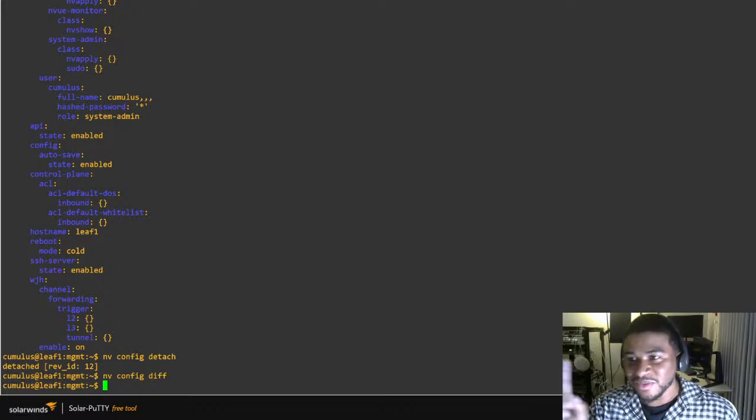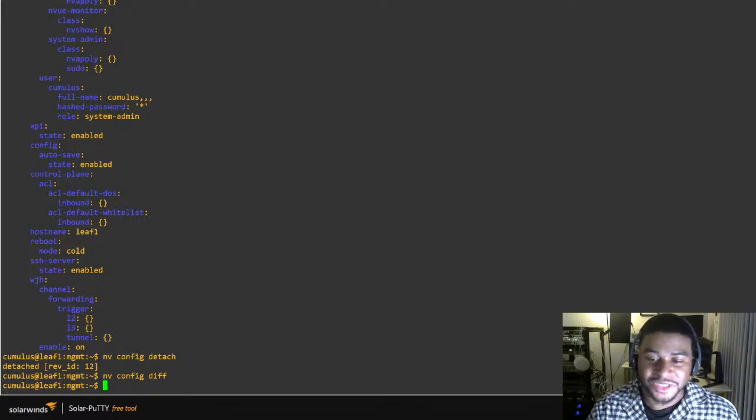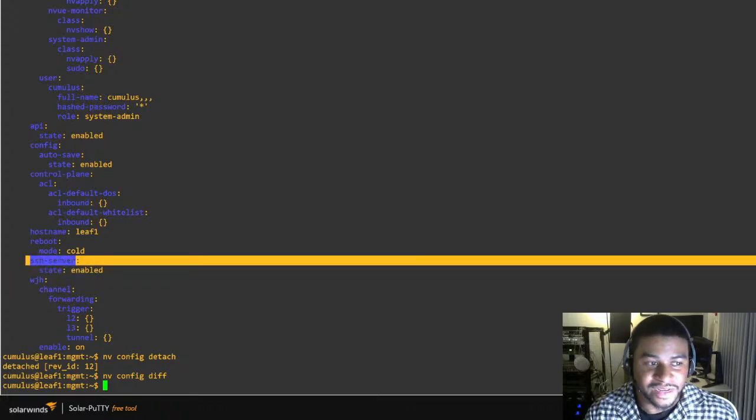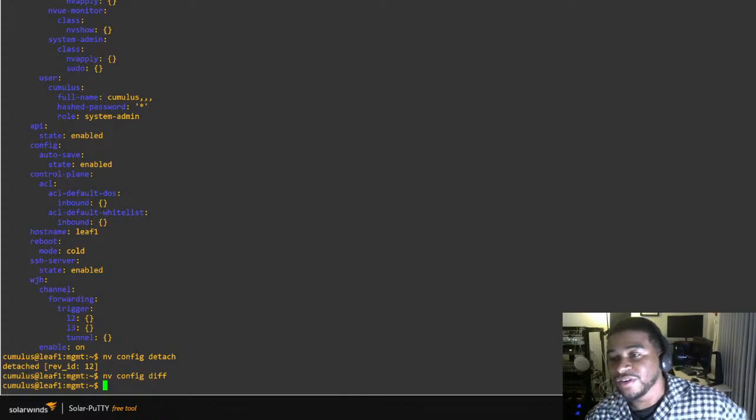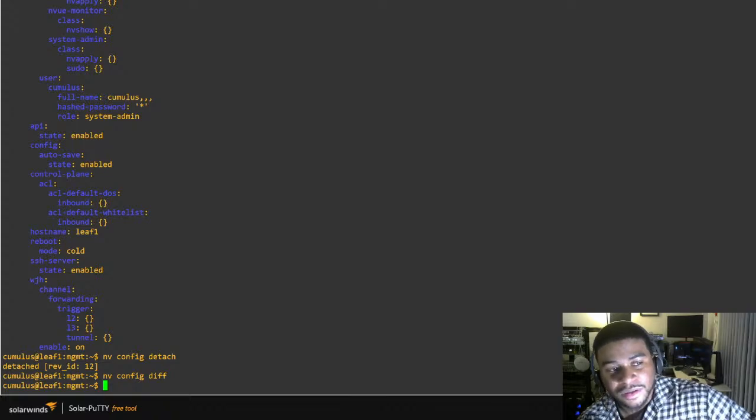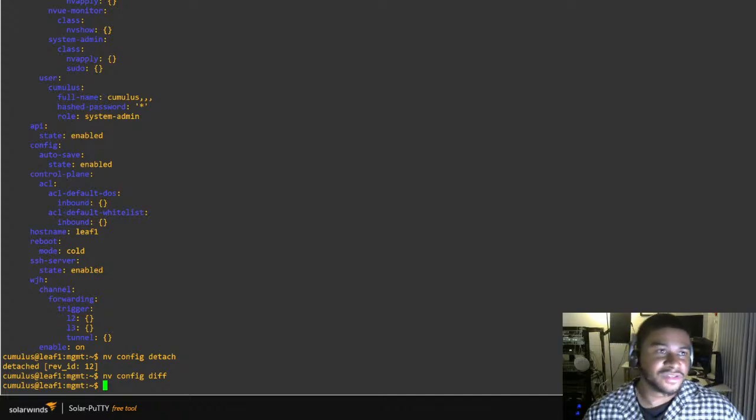Oh yeah, one thing I do want to show y'all here. SSH server state enabled. This is another thing, right? This is why I say that these Nvidia switches are really great for network automation, like Ansible too. Ansible uses SSH to push those configurations to the network devices. These Nvidia switches already have SSH enabled. So the moment you plug them up to the network, let's just say,